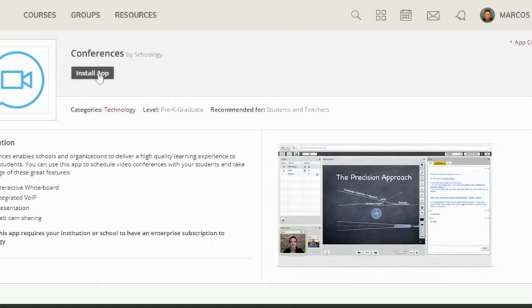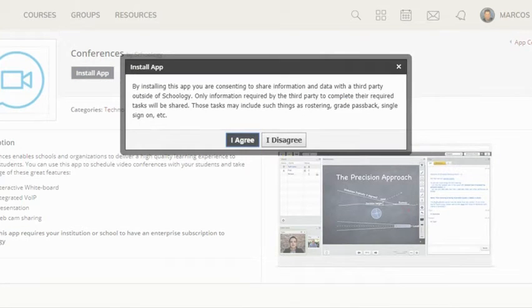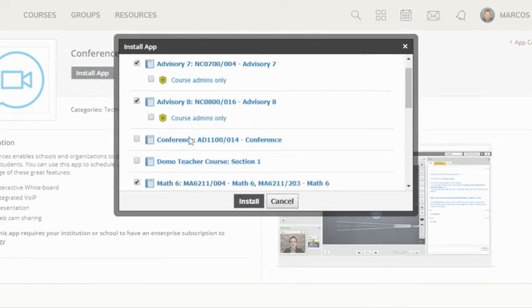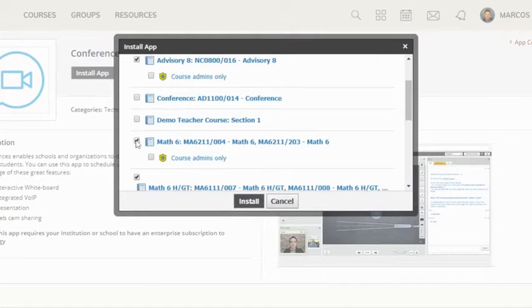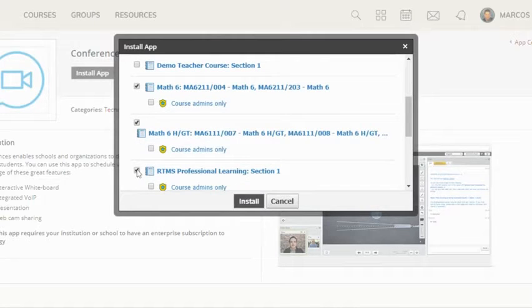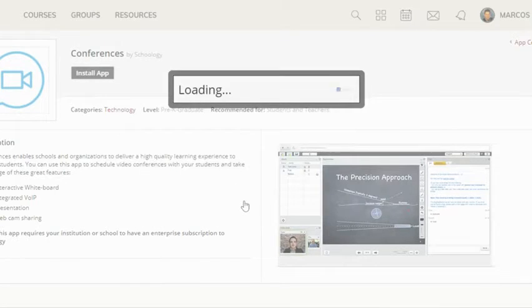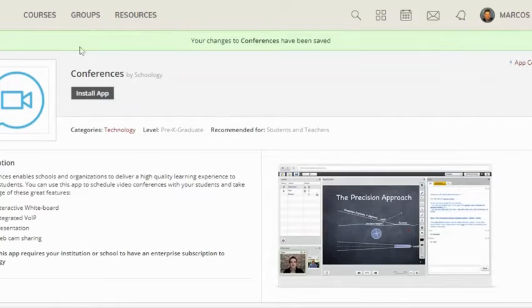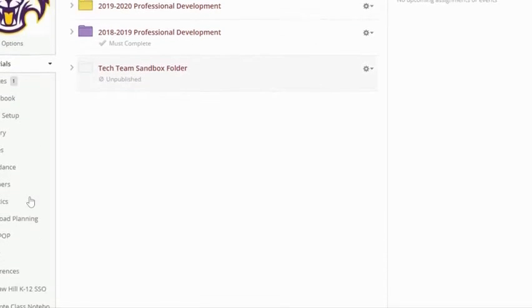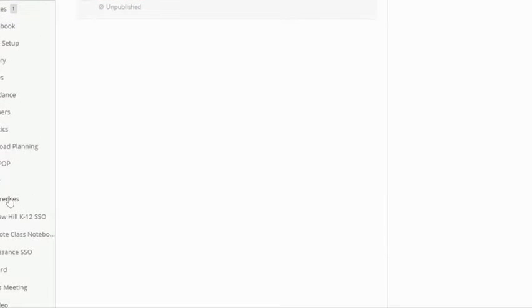when you get here, you want to go ahead and install the app, agree to the terms, and make sure each one of the courses that you have students in has a check mark next to it. Notice I did not check the one about the admins. Then you can install it, go back to courses, look on the left margin, find conferences,